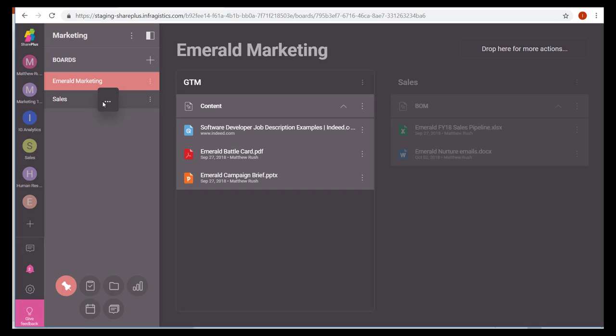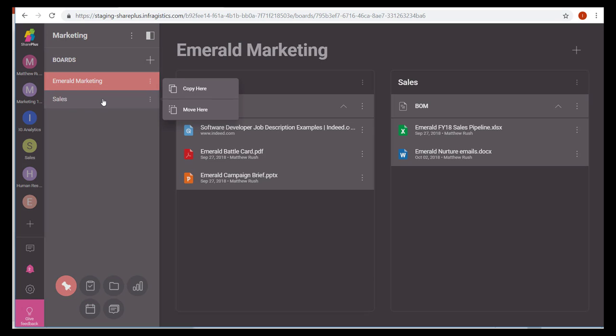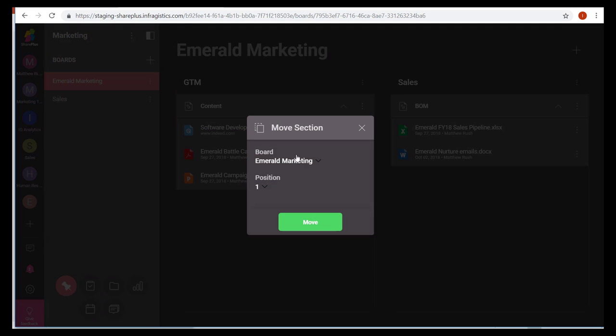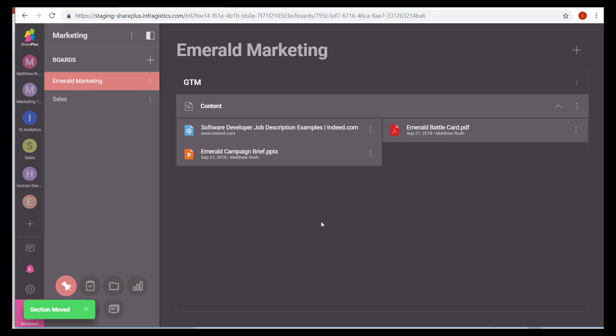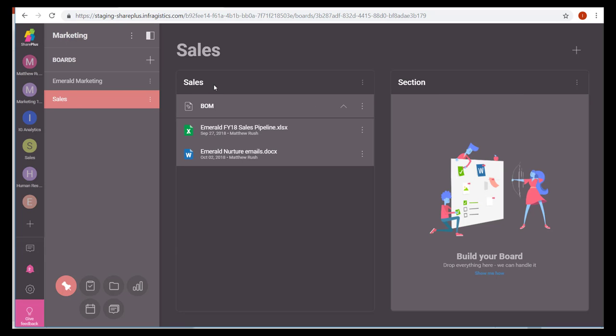And I do that by simply dragging and dropping, and it asks me if I want to move here, and I will move the content there. And then it asks me the board I want to move it to, and I want to move it to the sales board, and I hit move. So what that does is now within the Emerald marketing board I just have Go to Market there, and I can add other sections if I want. And if I check on the sales board, it's already added that sales section over for me. So that's a little bit about